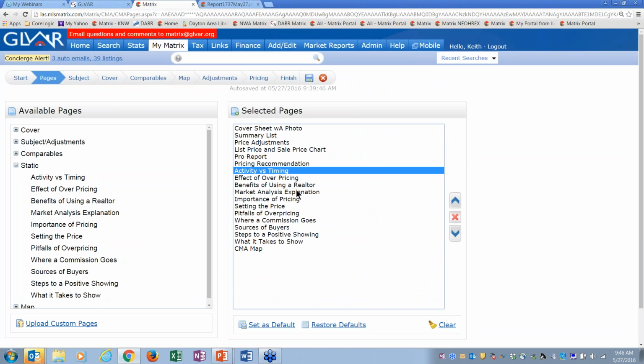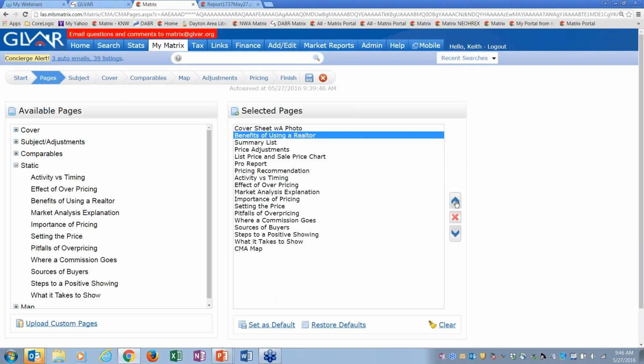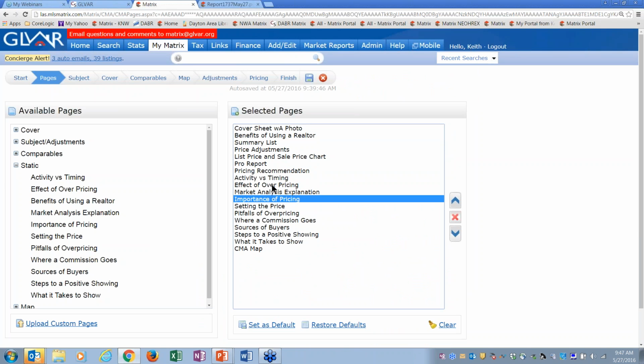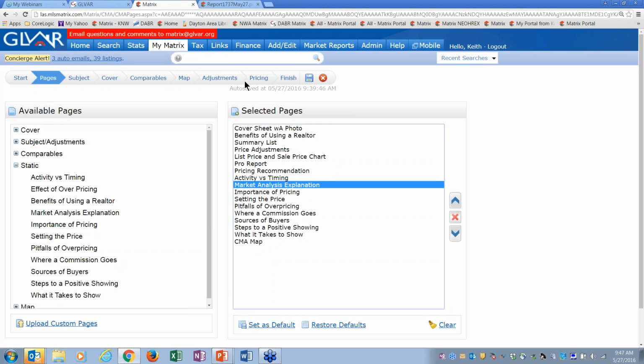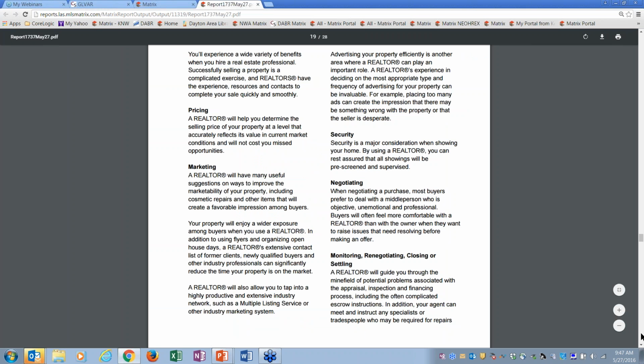So if I go back here and I pick the benefits of using a realtor, maybe put that right after my cover sheet and explain why they want to work with me. There's that importance of pricing. Oh, wait a minute, I haven't gotten there. The effective overpricing. Maybe I get rid of that one because I have that activity one in there. The next page after that,